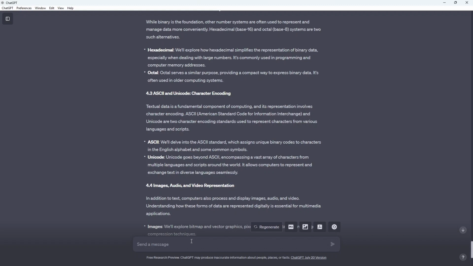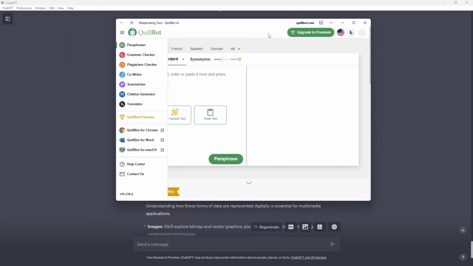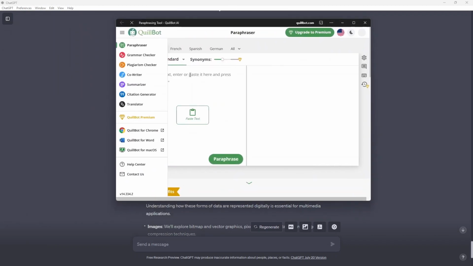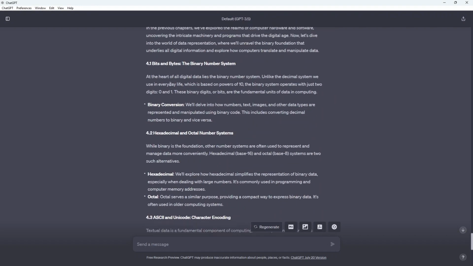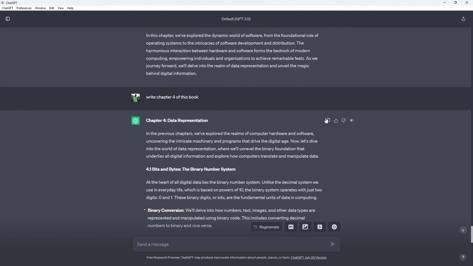So let's look at Capcut. The next, let's look at Capcut here. Let me find Capcut for you. So Capcut is here. You can just see, like I was saying, this is Capcut. You can take, let's see, let's copy this chapter. So if we copy here and come to Clobot